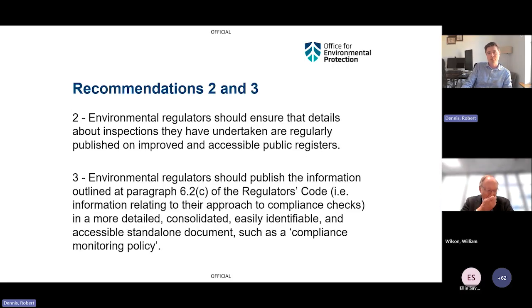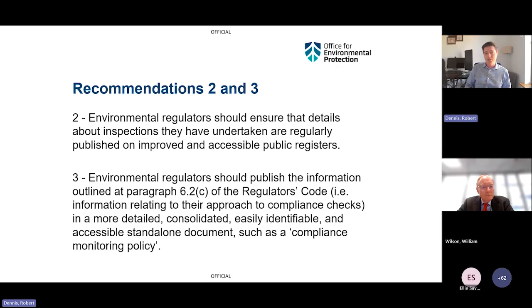Our second and third recommendations relate to transparency. Of course, if good regulation is going to be pursued, it's really important that people, whether that's government or other observers, understand how laws are being implemented in practice. So in the case of inspections, that essentially means what inspections are taking place. What we found, however, when we looked at, for example, public registers, was that it was incredibly rare that they included any information on what sort of inspection or compliance activity was taking place in respect of regulated entities. So essentially one of our recommendations is that this information should be made more readily available.